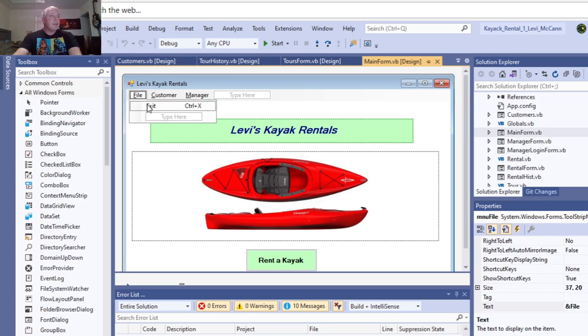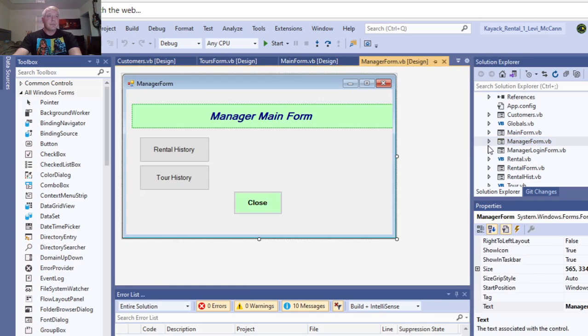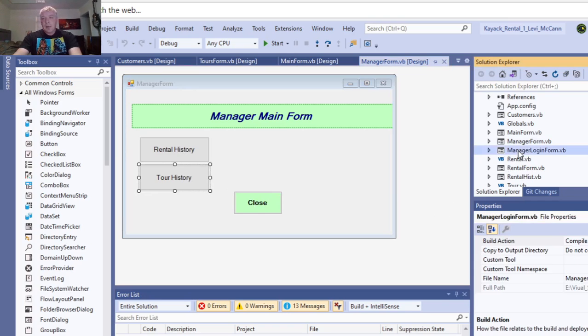So this has our exit and our customers, the rental, and their tours. We had to add this one, the tours part, on here. So we added a tours form and then our manager form. Our manager form has our rental history and our tours. So we added one of these, the rental history, I think, or the tour history, I think is what we added. And then